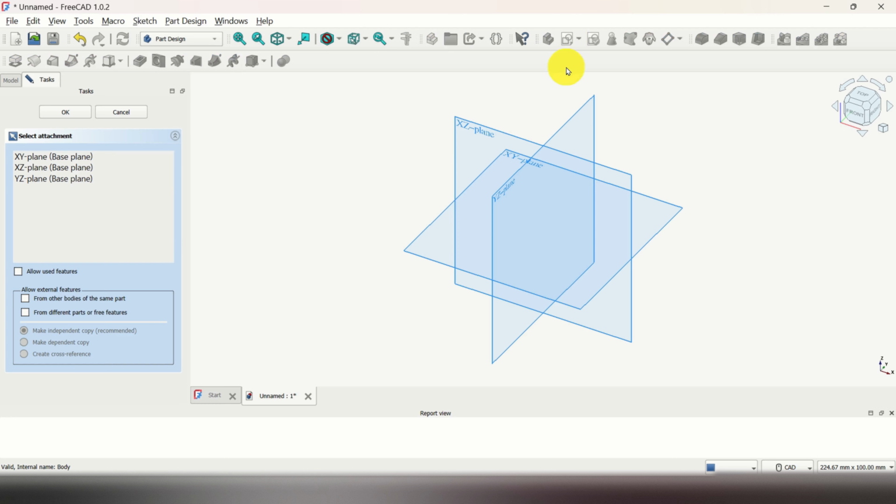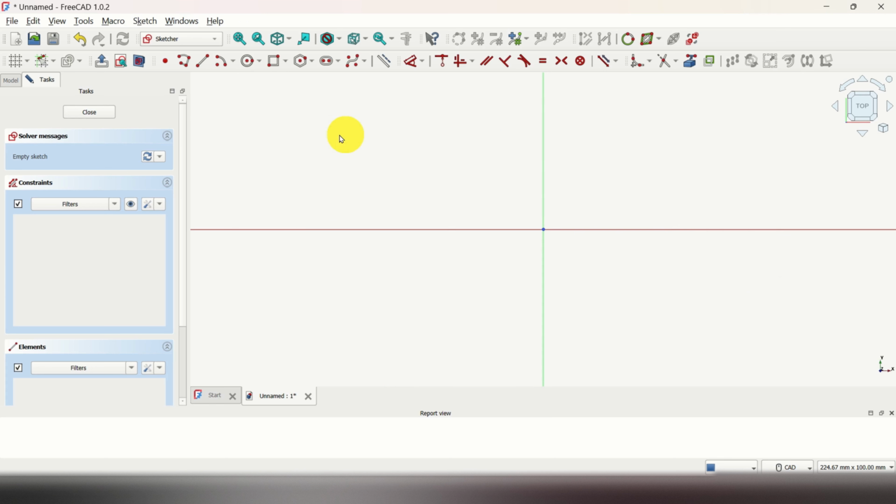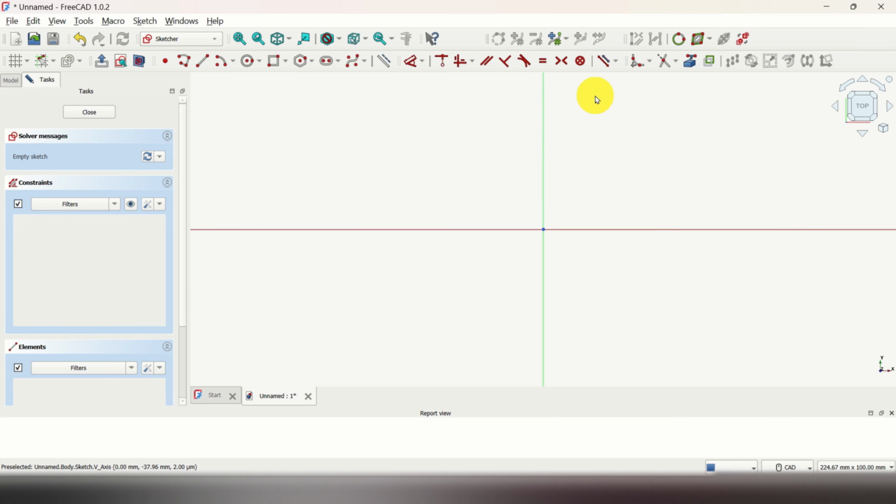So let's click here. Then you need to select your work plane. I will select XY plane. So click here. And currently you are in the two-dimensional sketching plane. If this is the first time you're using FreeCAD, make sure that you expand these groups of buttons over here because sometimes they can be displaced. So make sure that everything is expanded and that you can see these buttons